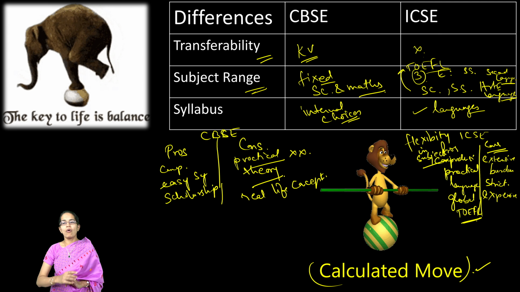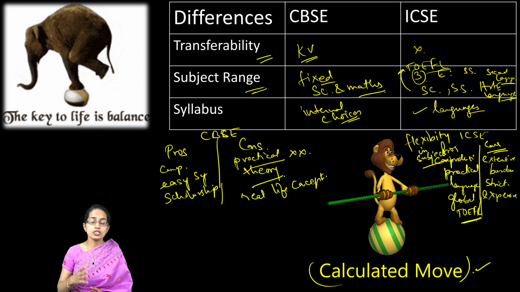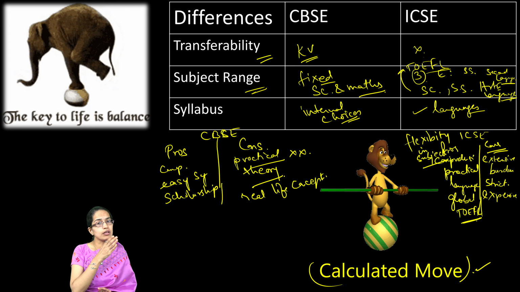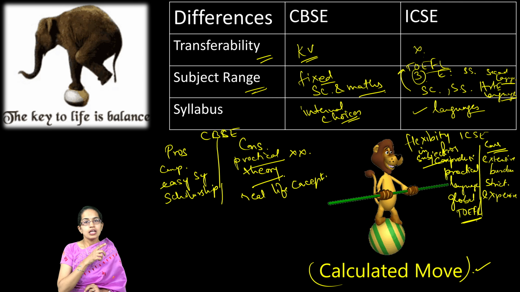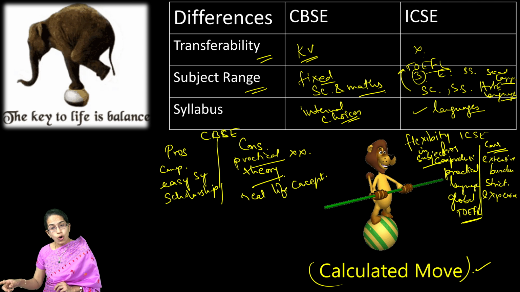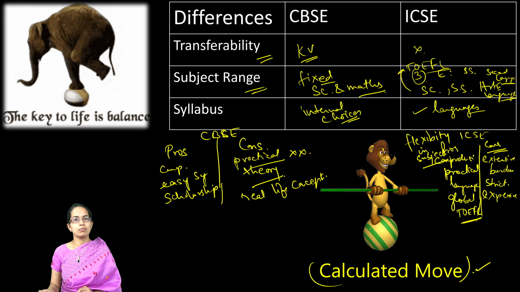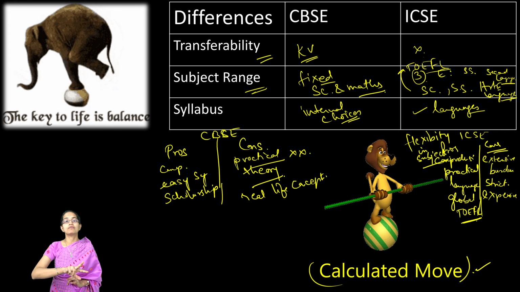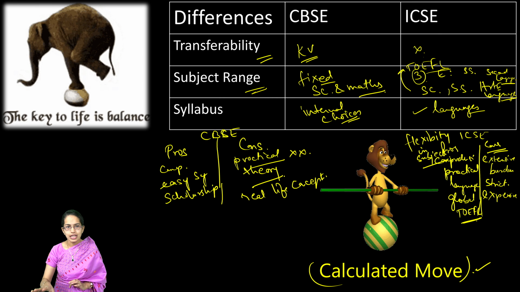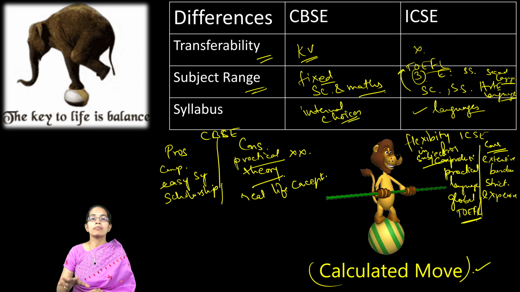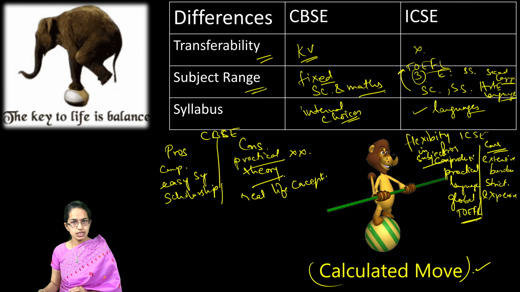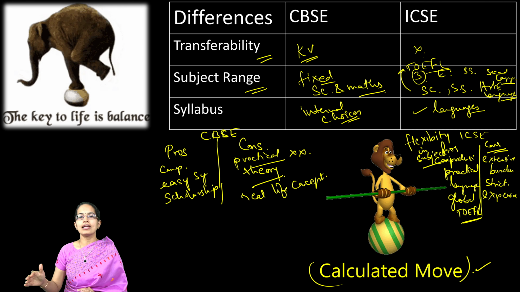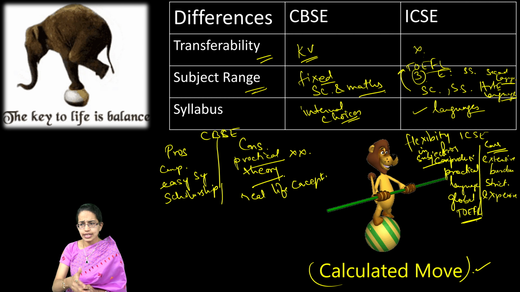One very important thing that you need to understand is that it's not really sure that if a child is performing well in one board, he or she will do equivalently well in another board. There could be drastic variation in the results if the boards are switched. So be very careful if it is a switching of the board. It should be at a very early stage, not delayed, because as you delay, you are creating a burden for the child.